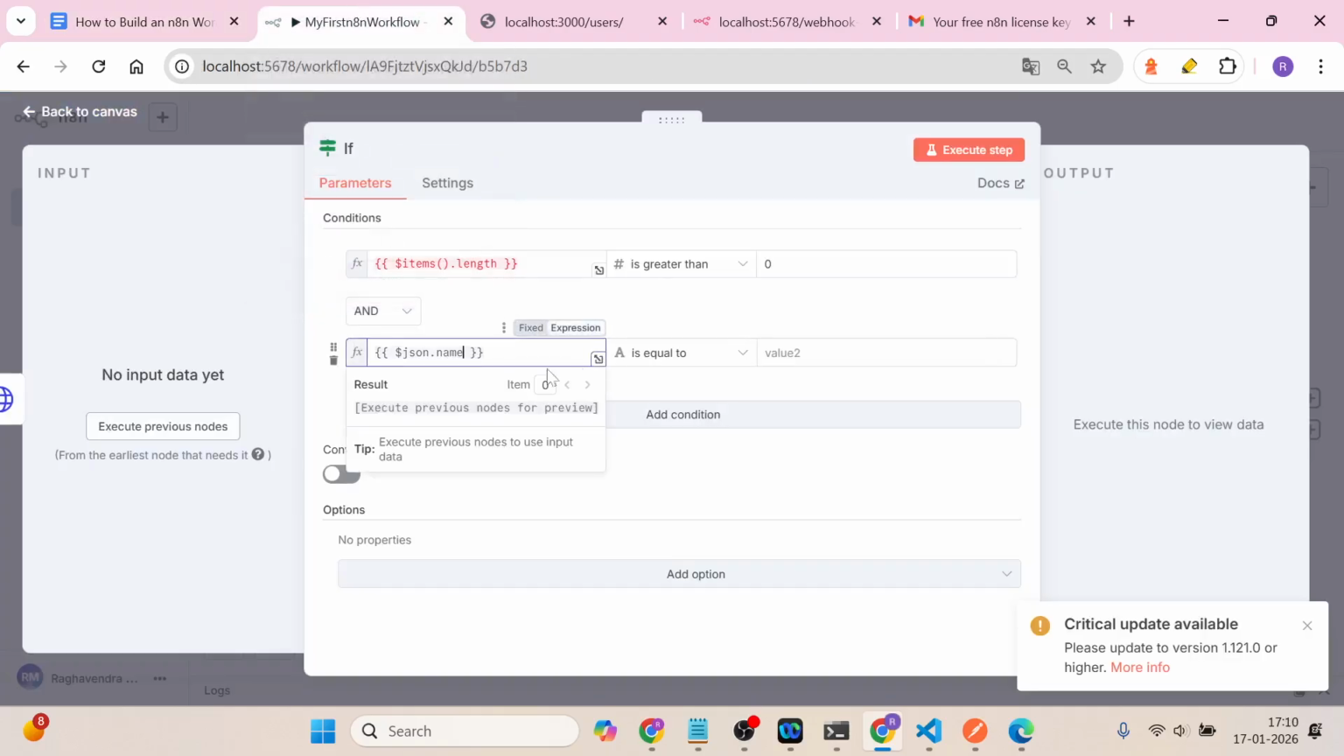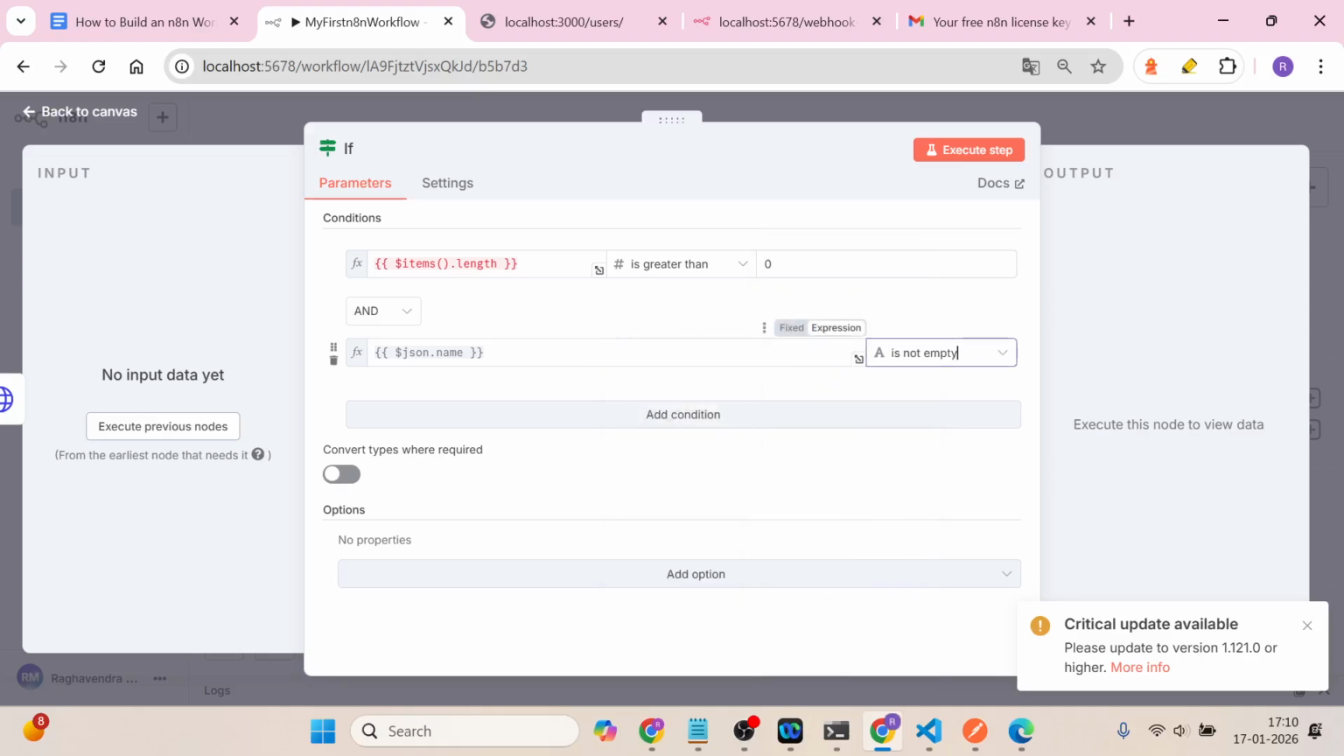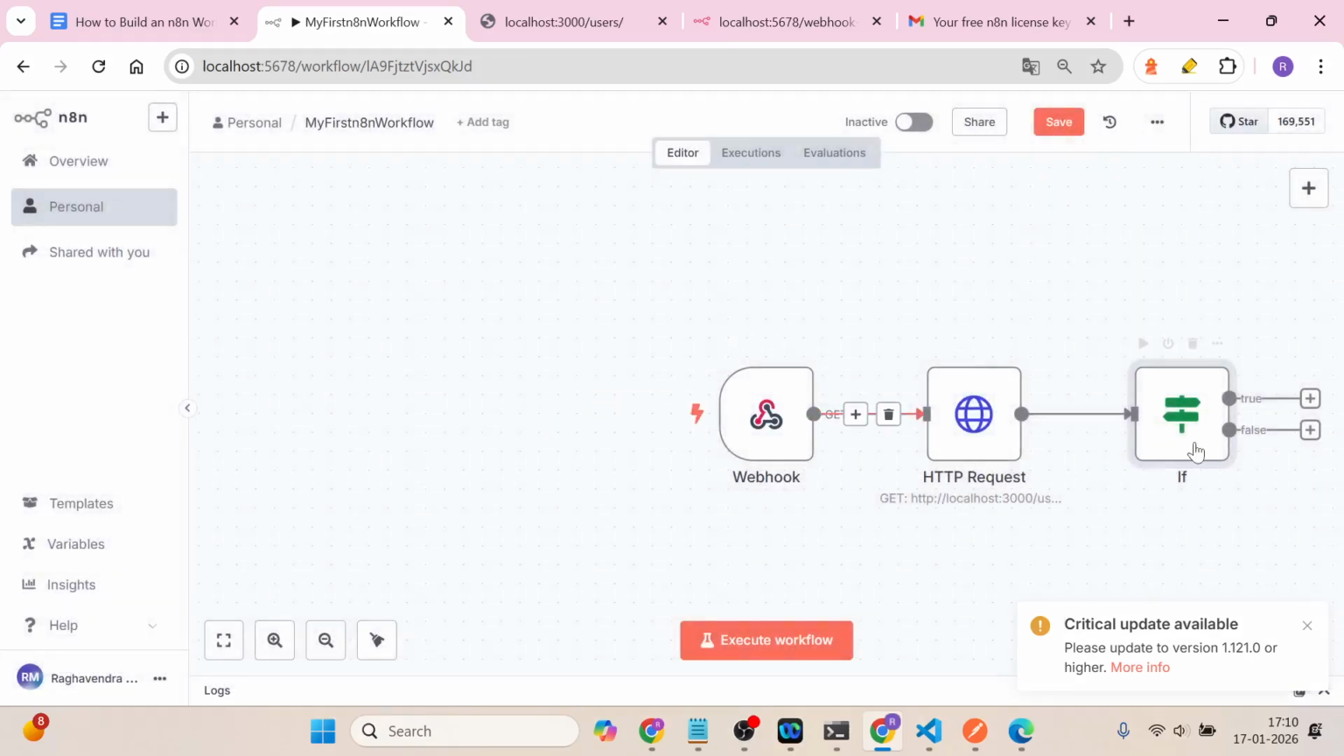Okay, it is JSON name, so execute previous nodes for preview. Then I can give name as string, so not empty, is not empty. If it is returning something, then I will consider this as successful. So if it is true, consider everything is met and it is evaluating to true, then